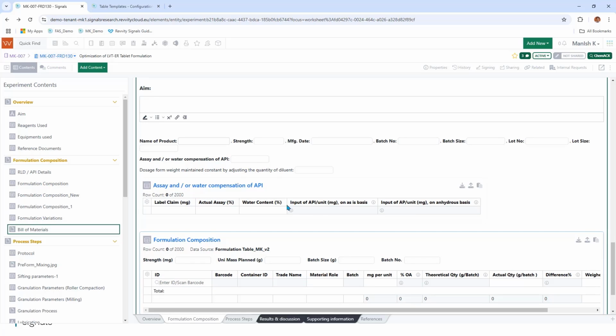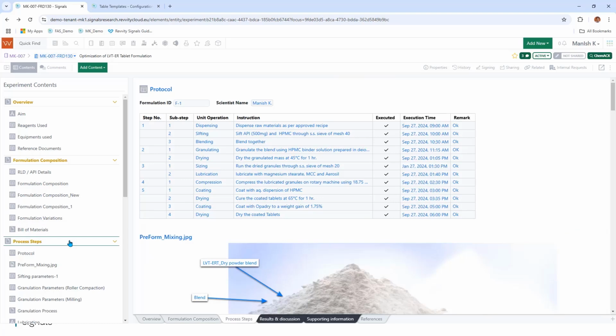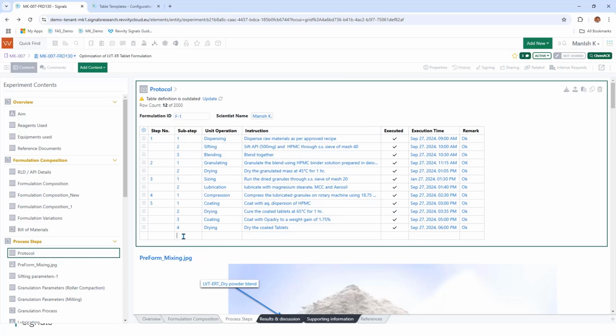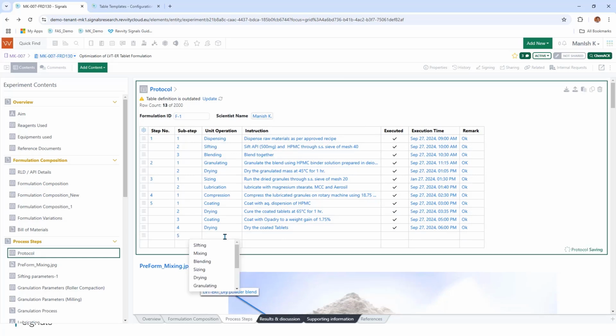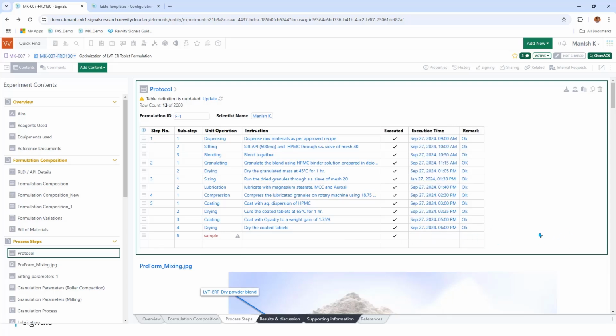Apart from formulations composition, there are many unit operations or processes that formulation scientist needs to record. So you can create a protocol where you can record step-by-step processes that are involved in formulations development. You can have the check marks, date and time stamps, and verifications, or some process templates you